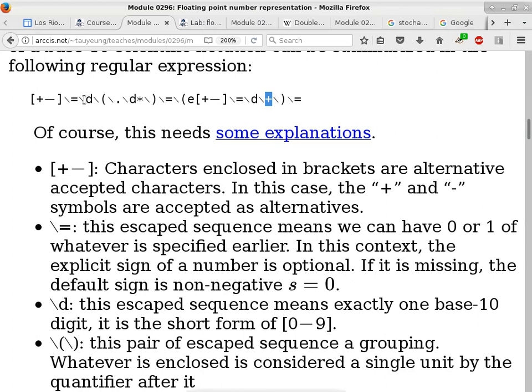Now, if you don't have time, this one is not that important because it has more to do with parsing than it has to do with number representation. Okay. If you do have time, this is not a bad exercise to really just try to code something given the regular expression.